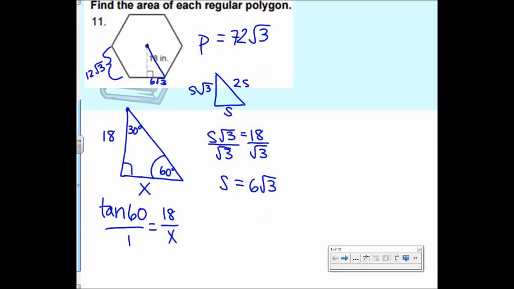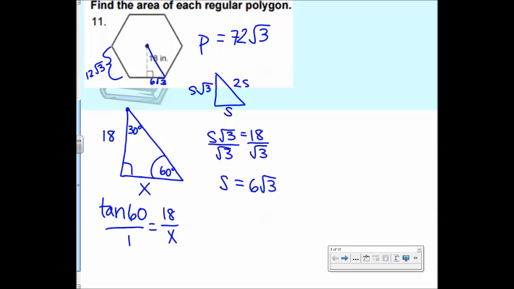Okay, so this would do this whole thing too, except it would give it to you in a decimal form. It doesn't matter to me what you do. If you think this is easier than remembering the special right triangle, then use it. And you're going to use tan pretty much every time, okay? Because if you were looking for this one and had this one, you still would use tangent. So if it's easy for you to use tangent, then by all means do that instead of the special right